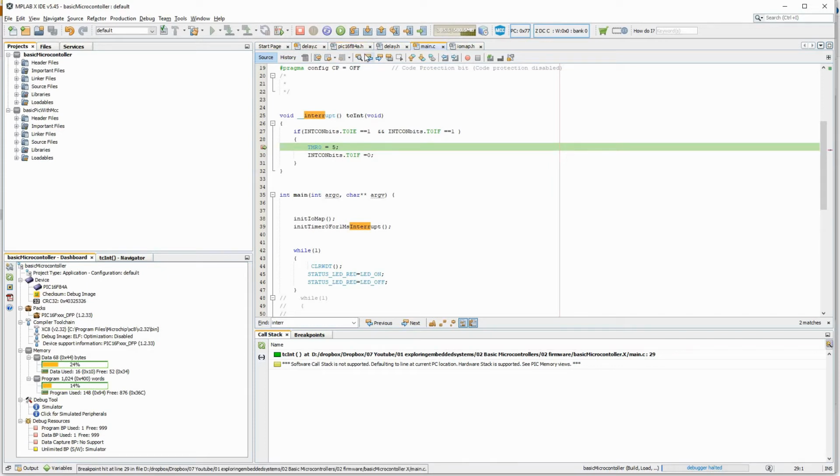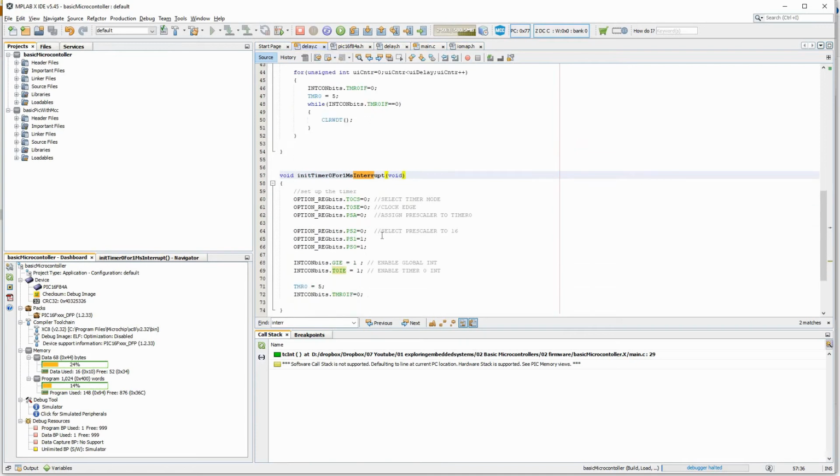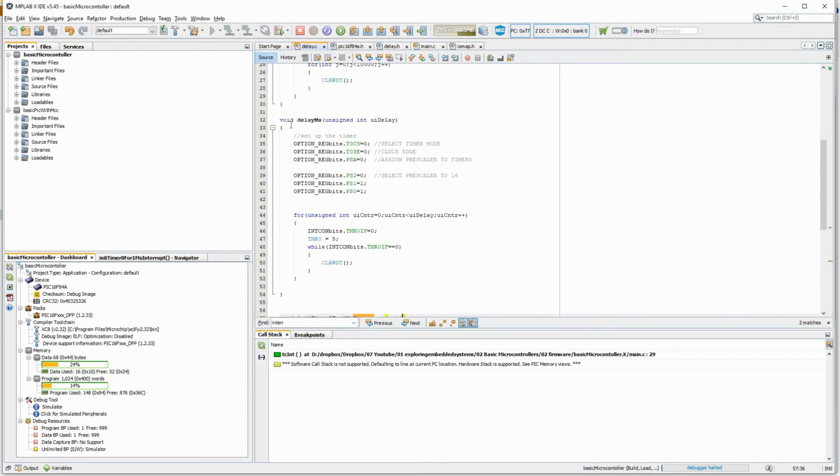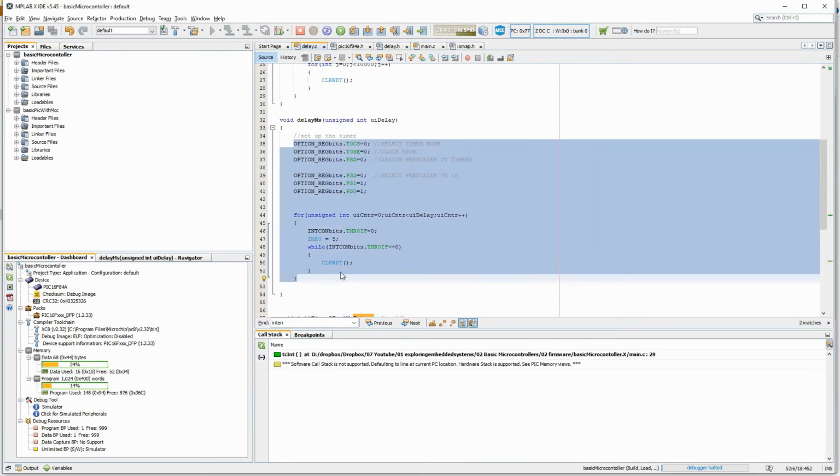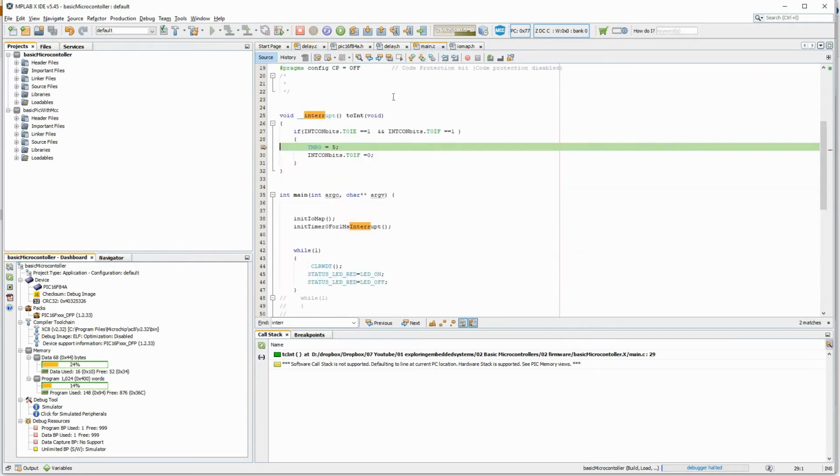Okay, now how to make use of this for the delay. So what I'll generally do here is I don't generally write my delay like how we wrote here, because I'm using this timer only for this delay application. I cannot use this timer for anything else. So what I'll do here is I'll write an ISR, that is interrupt service routine, which comes every 1 millisecond, and using this I will implement the delay. Let me show you that.